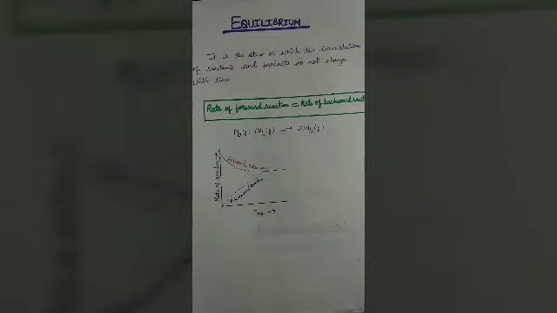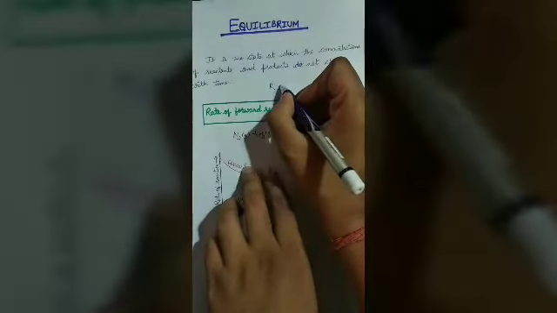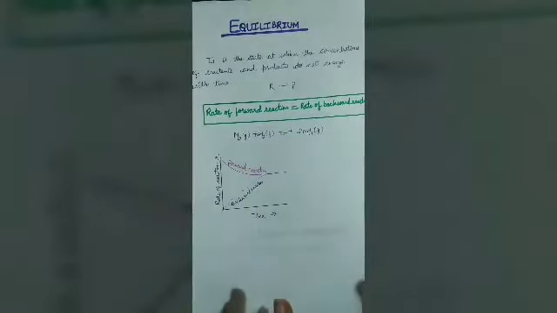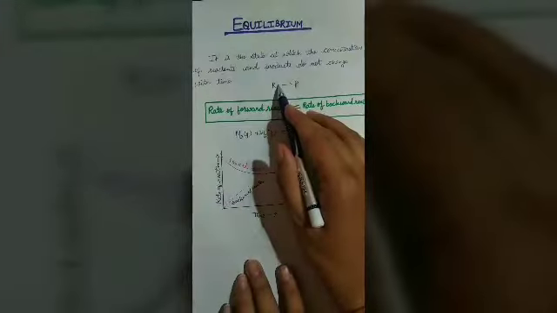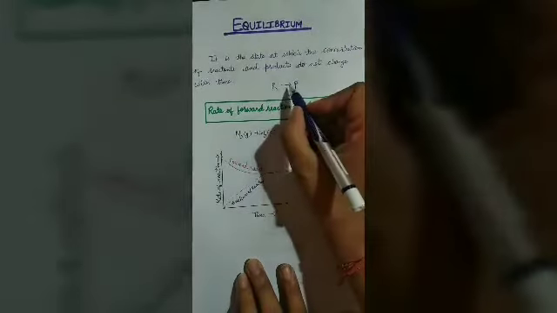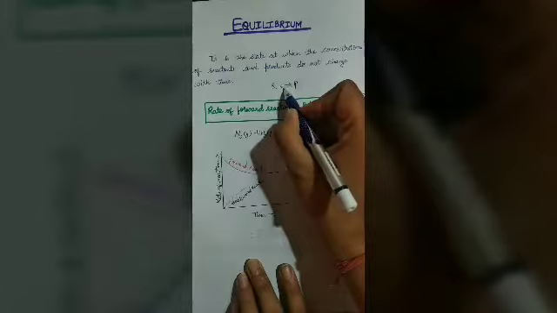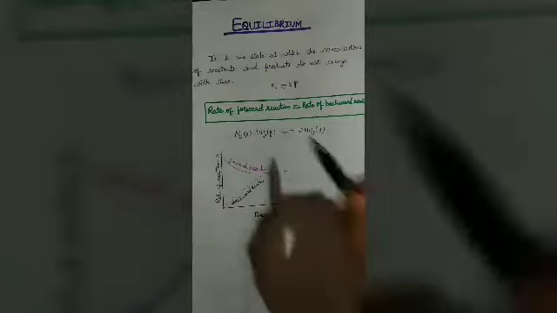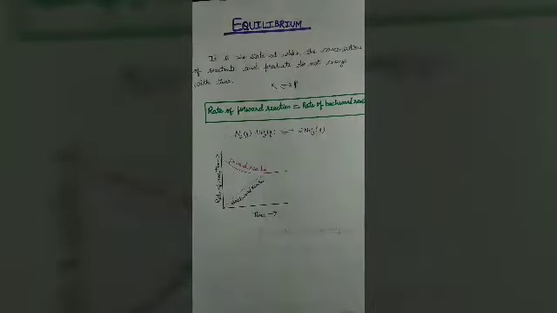Firstly, equilibrium is a state at which the concentration of reactants and products do not change with time. Suppose we have a reaction in which the reactant is getting converted into product, and if a state comes where the concentration of the reactant is not changing with the concentration of the product, there must be a sign, and that state or that sign is known as equilibrium. So equilibrium is the state where the concentration of reactant and product do not change with